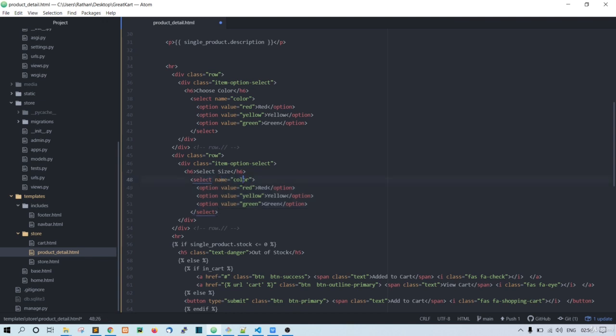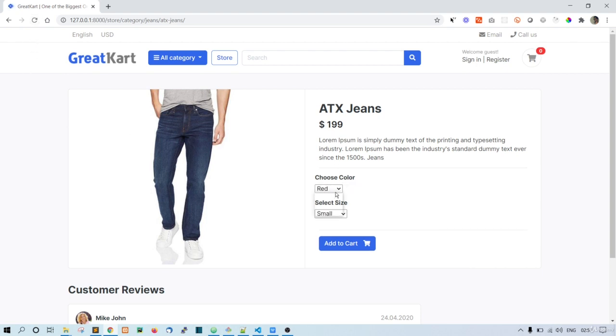And this select name will be a size, right? And this size, let's make small, medium, large, and this value also small, medium, large. Okay, so now we have this drop down, and if you go to here and refresh, okay, so this